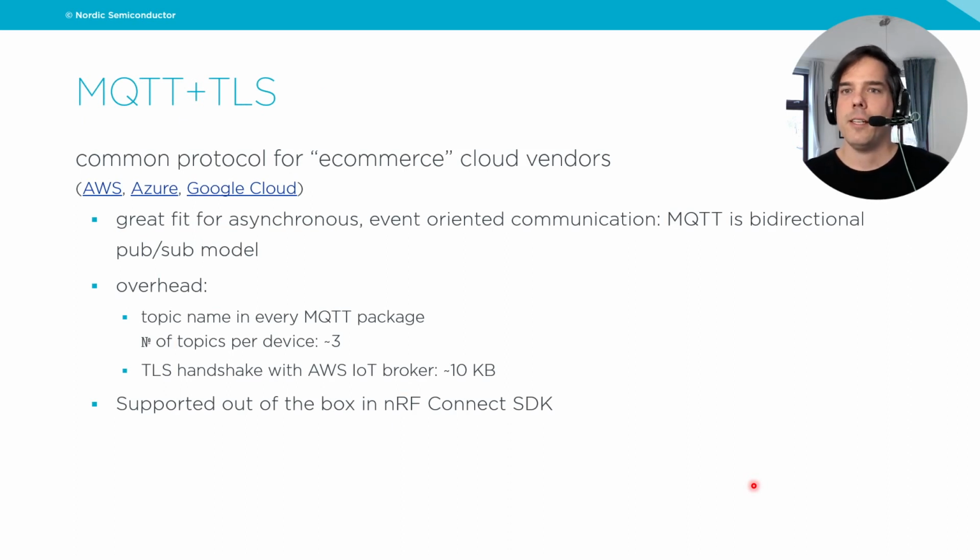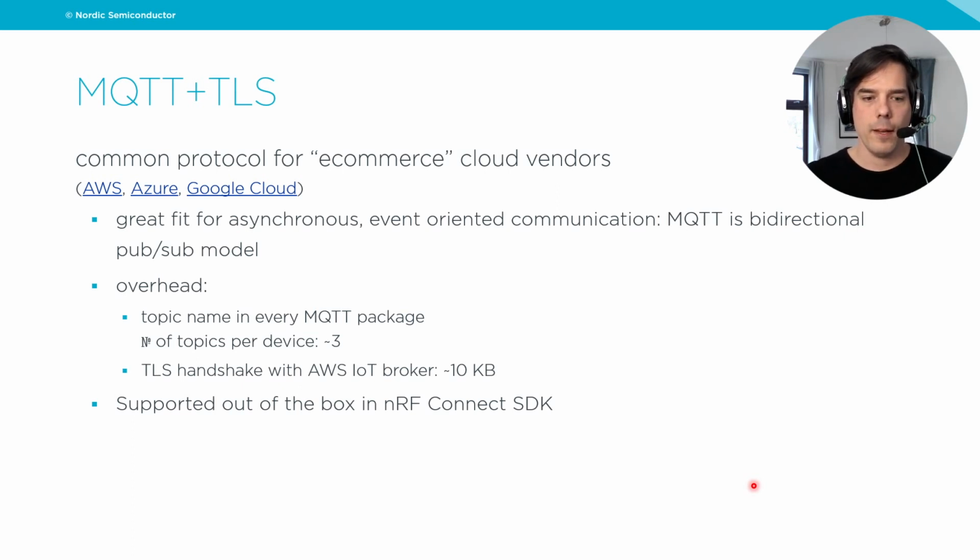First, MQTT and TLS. This is out-of-the-box support from Amazon, Azure, Microsoft, and Google. It's a protocol that's a great fit for Internet of Things in general. It's event-driven. It is a pub-sub model, so once the connection is established, both parties can send messages back and forth, and you can decide based on the topic which messages you're interested in or not. So it's super flexible,